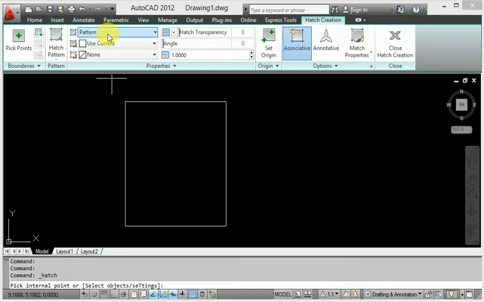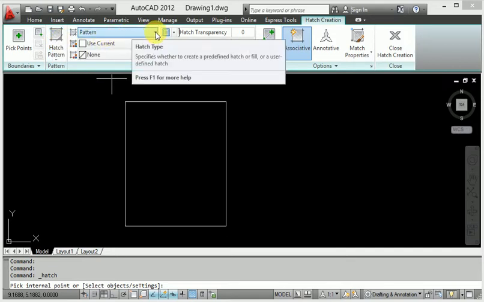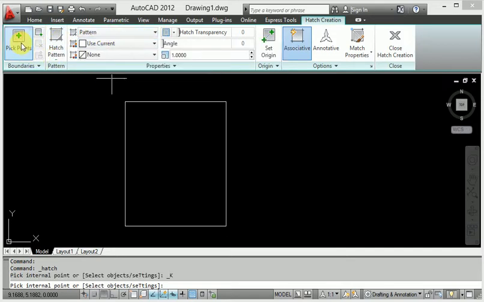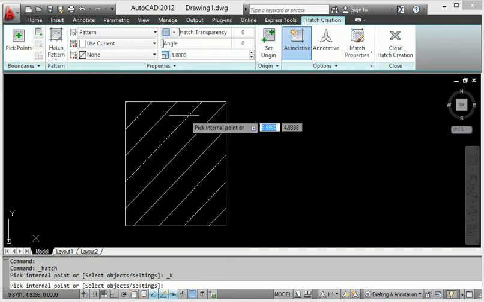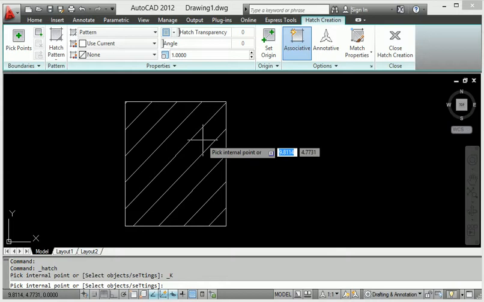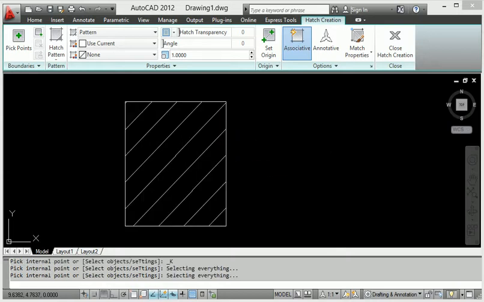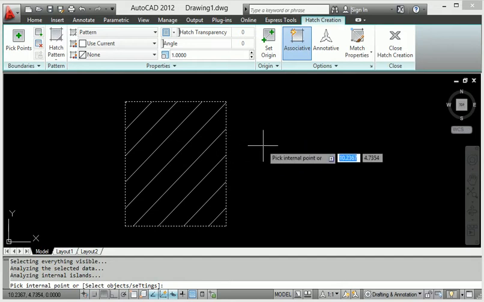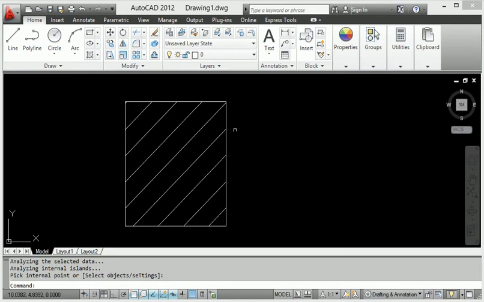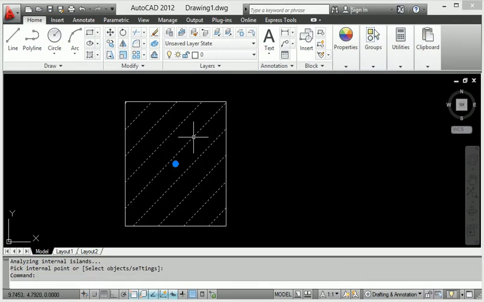First click the pick point, and second is the pattern of hatching, where different types of hatching are available. When you click this pick point, look, this is our hatching. It automatically fills. Okay, then press enter. This is the hatching.